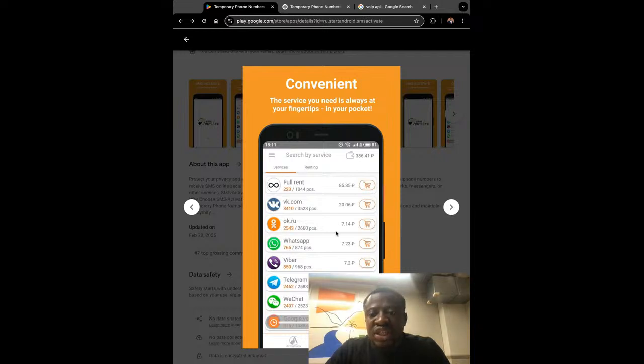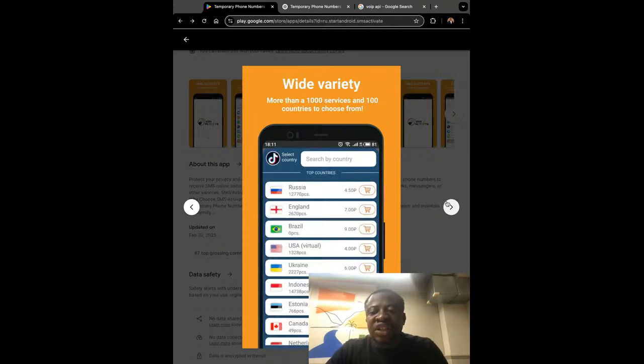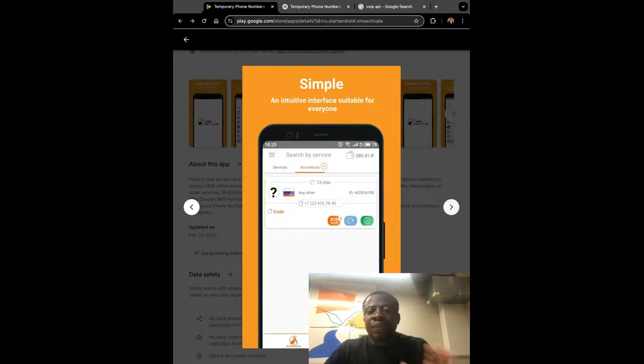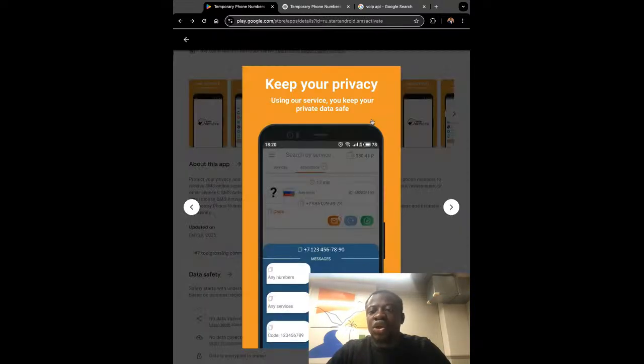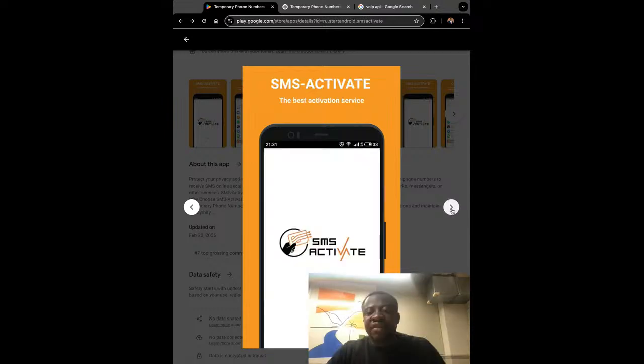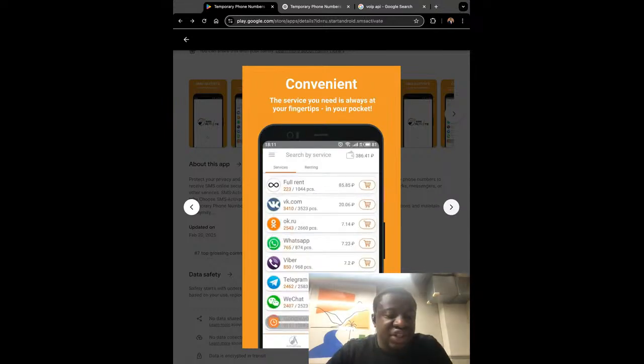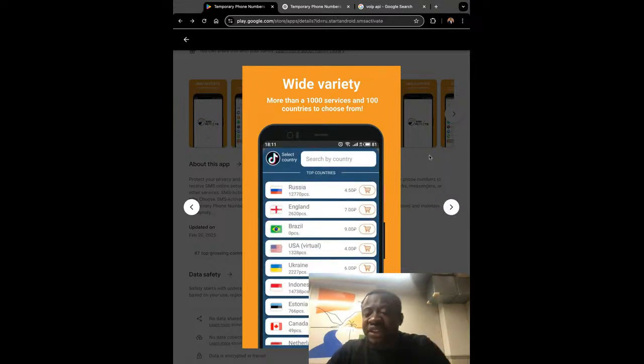As you can see here, they're providing a service of phone numbers that are accepted by different services. But what we're interested in is something simple. We want to build an app that you can use to take calls and receive text, and that's it.